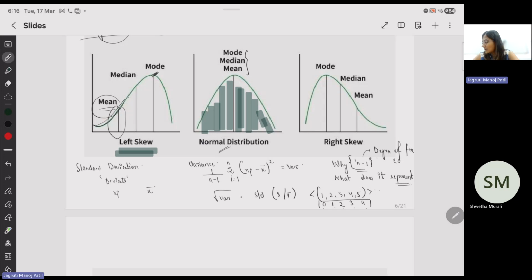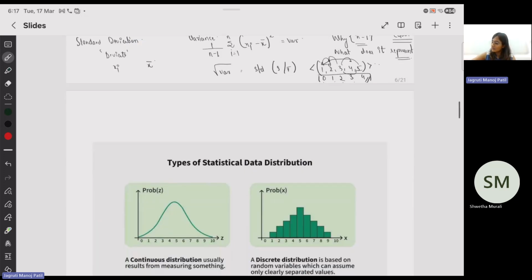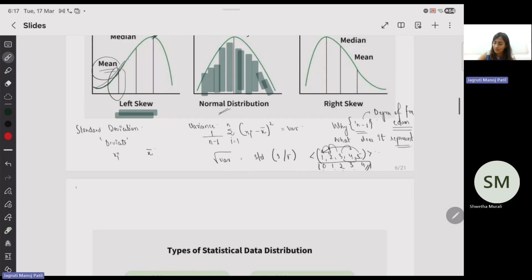Okay, degree of freedom. And this degree of freedom tells us that whatever numbers you get, if you change the order of these numbers from here to here or somewhere else, your average will remain the same. That's why you always take n minus 1 here. So that's the degree of freedom for the data set. That's why it's always n minus 1 in the denominator for standard deviation.